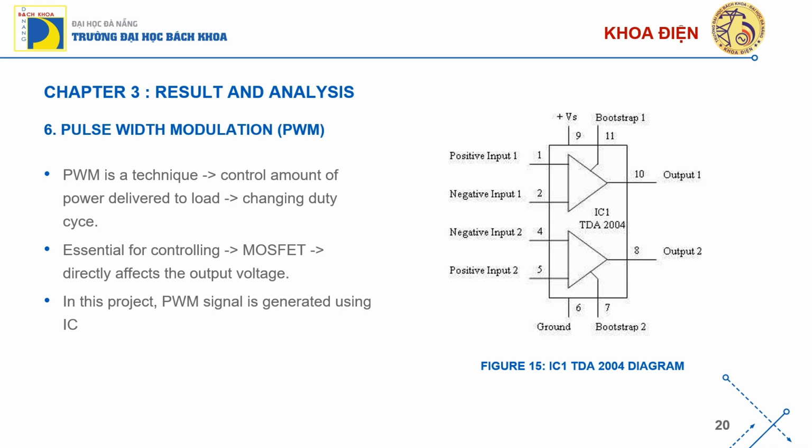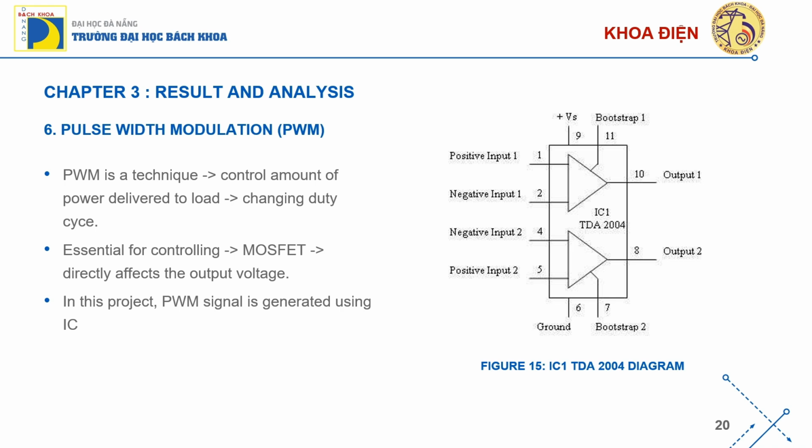First of all, let's discuss pulse width modulation, as you know, PWM. PWM is a technique used to control the amount of power delivered to a load by changing the duty cycle of the signal. In the context of the boost converter, PWM is essential for controlling the switching of the MOSFET, which directly affects the output voltage. And in this process, the PWM signal is generated using the TDA 2004 IC,